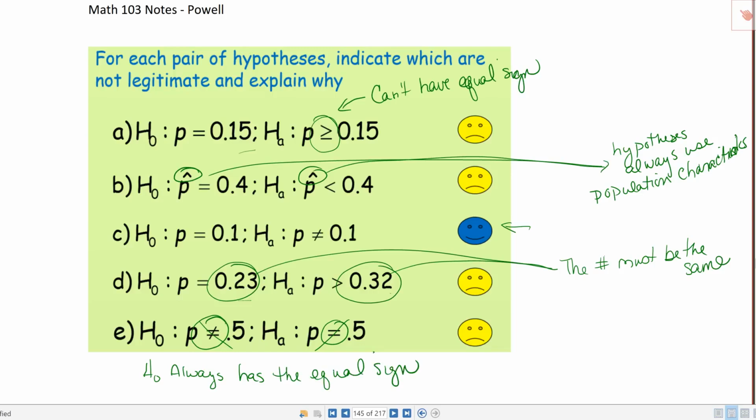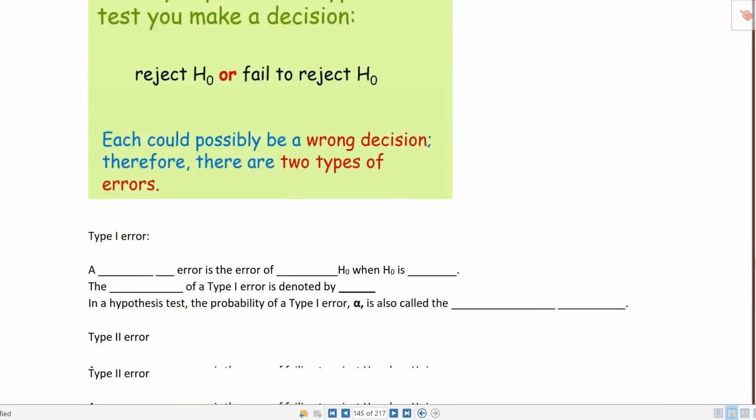So just be very aware of those. They seem like really slight, tiny little things, but they are very, very important in statistics. And if you write your null hypothesis or your alternative hypothesis incorrectly, you really can't do a statistical test to solve for that. Okay. So let's take a look at